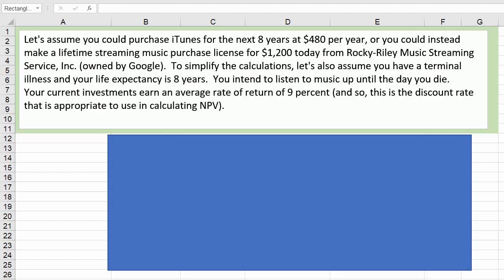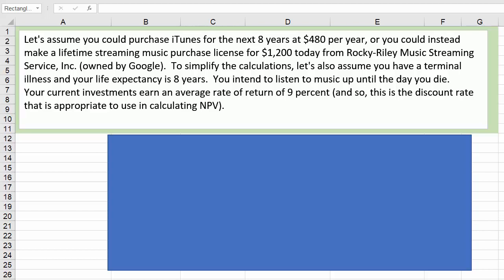Okay, let's go over this net present value situation that could relate to your personal life. Let's assume you could purchase iTunes for the next 8 years at $480 per year, or you could instead make a lifetime streaming music purchase license for $1,200 today from Rocky Riley Music Streaming Service,